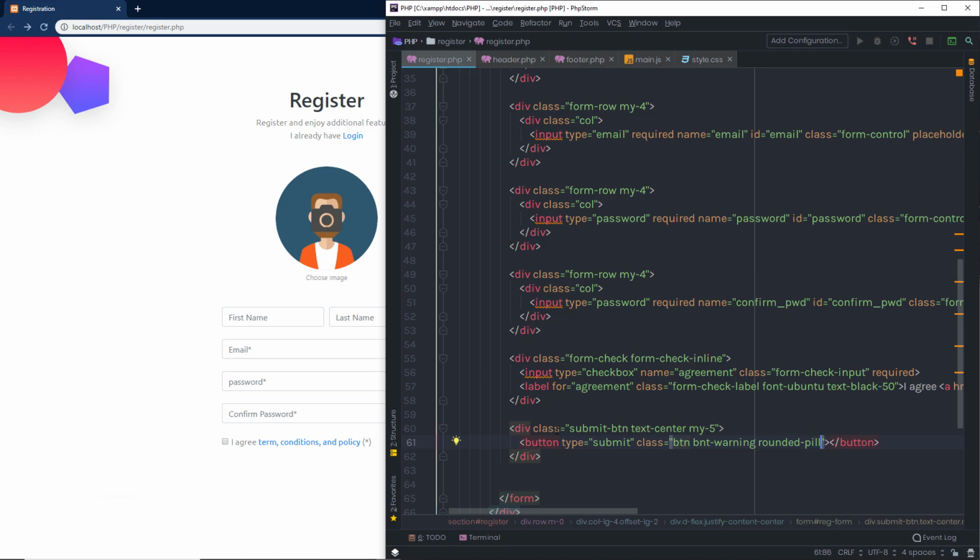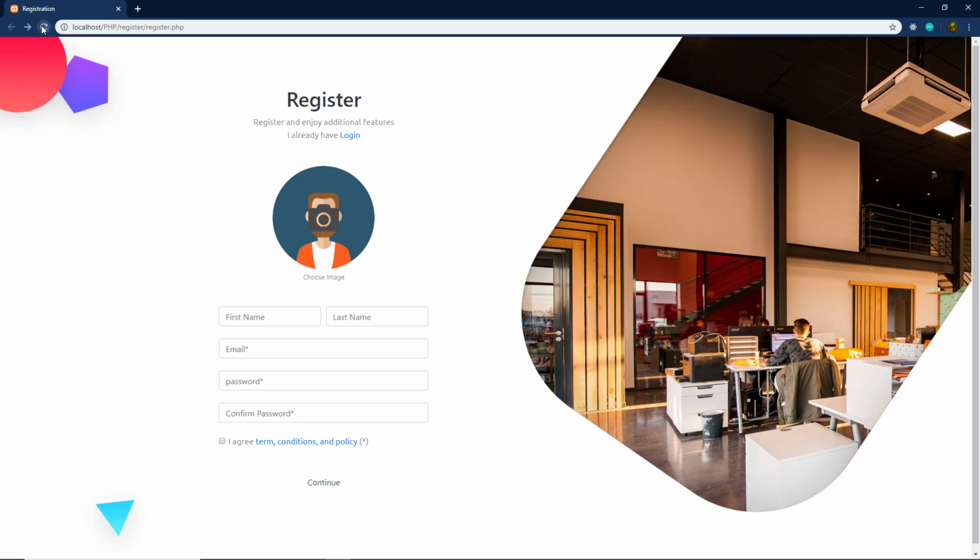This is the Bootstrap class to specify border radius to this button, and then I'm going to specify text-dark to change the color of the text, and padding x-5. So this will add left and right padding to the button. Just out of that, I'm going to say here continue,